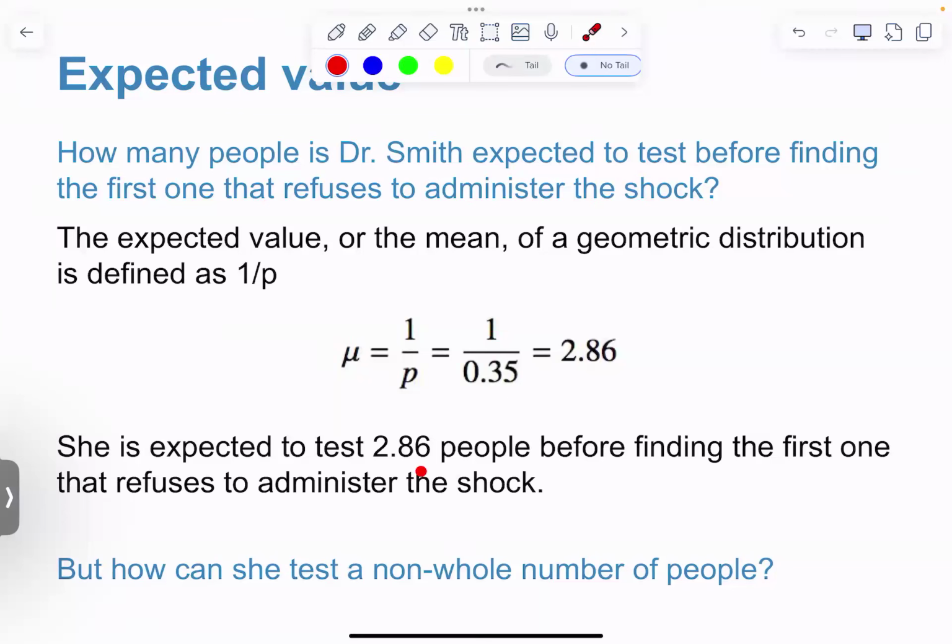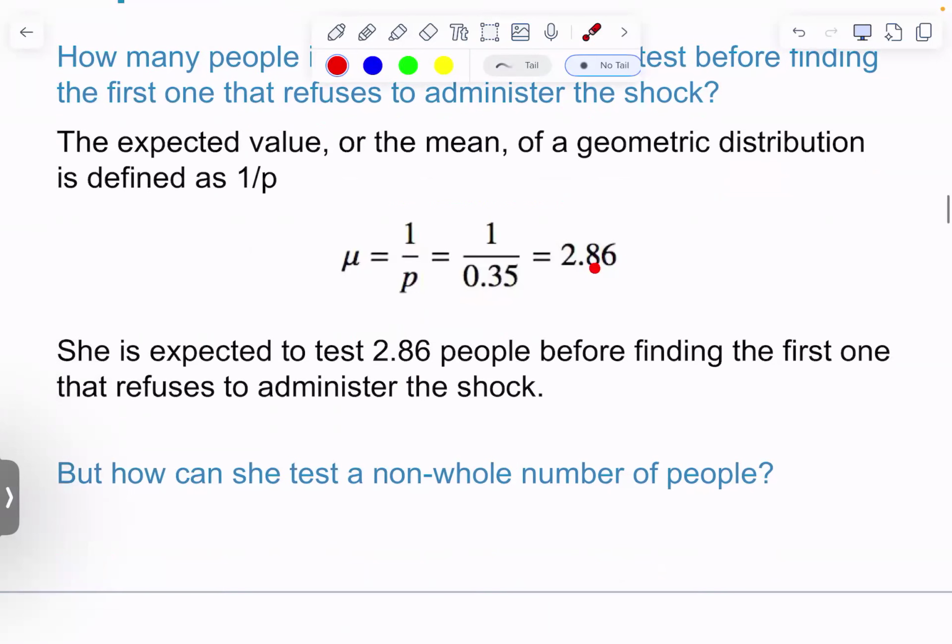So she's expected to test 2.86 people before finding the first one that refuses to administer the shock. That can't happen, right? She can't test 2.86 people, but we've seen the expected value before. The expectation is if she did it many, many times over,